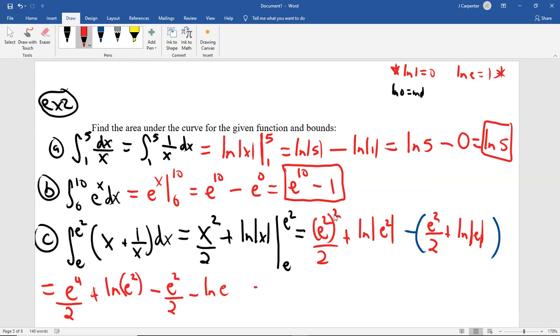All right, there's some stuff we can do here. The e to the 4th over 2 minus the e squared over 2, you can't do anything there. You're stuck with those. That's e to the 4th over 2 minus e squared over 2. That's the first and the third terms. Now the natural log of e squared,